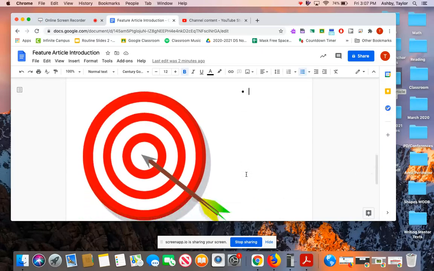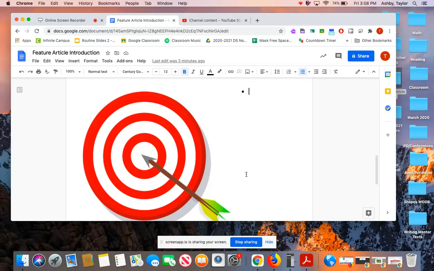Today, I want to talk to you about how a feature article is a short piece of writing. So when we are thinking about our topic for feature articles, we don't want it to be too broad. Next to my bullet point, I have a picture of a bullseye. When you're thinking about a bullseye or hitting your target, you're hoping to narrow down and hit the middle of your target. The same thing can apply to our feature articles. We want to make sure that our topic isn't too broad. If our topic is too broad, it might seem more like a nonfiction book versus a nonfiction article.